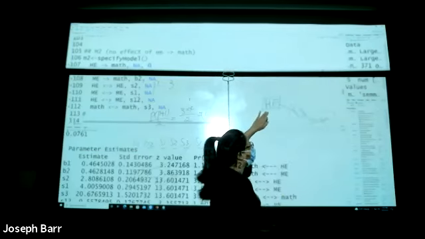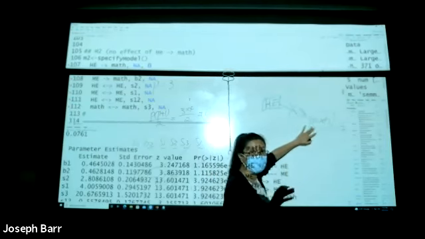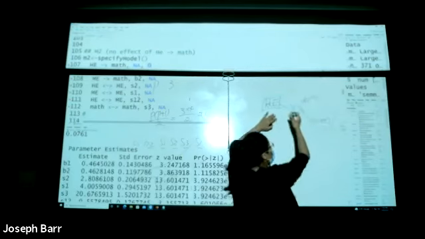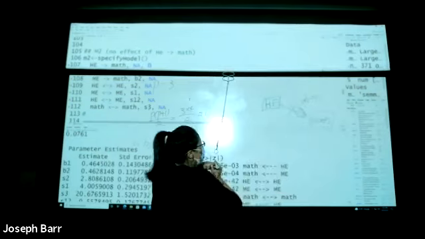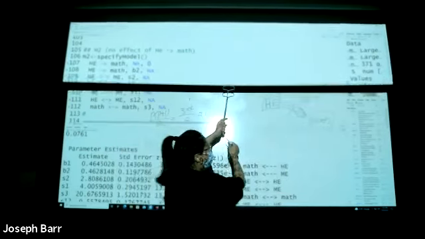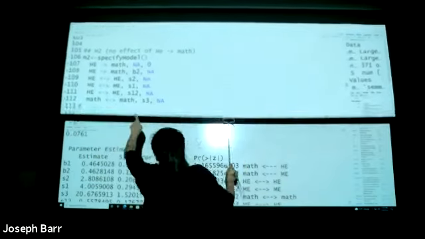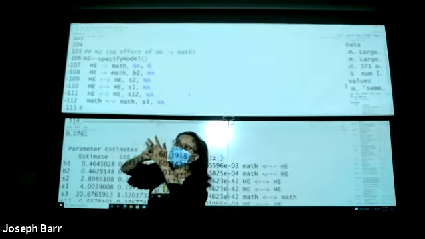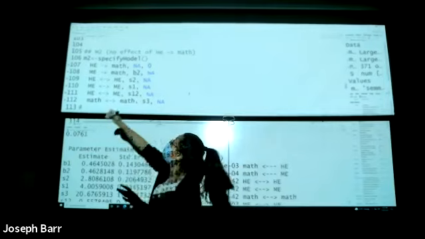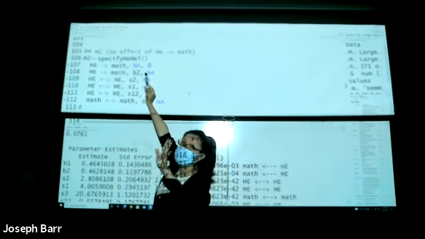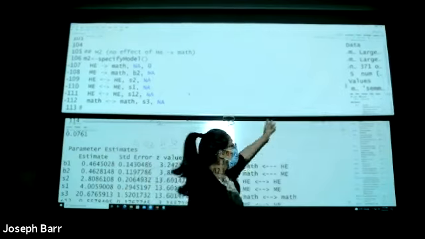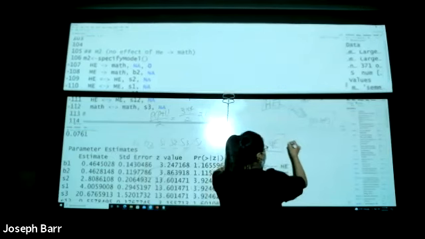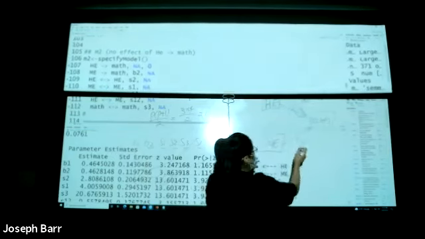I assume the home environment will not influence kids' math achievement. So the coefficient here, B1, has been set to 0. There's no influence. That is a statement. If we have that model, then we're going to set our model like this. The name of the parameter is NA. NA means not available. No parameter is available. What is the value of that parameter? 0. You assume this is 0. And of course, the other part is the same. And here, we're going to estimate the B2.